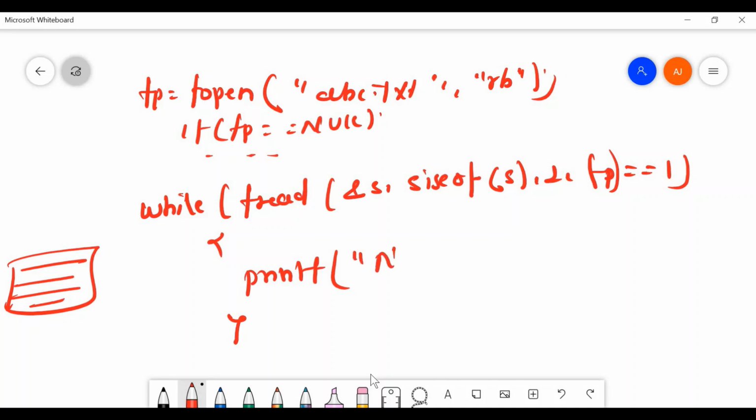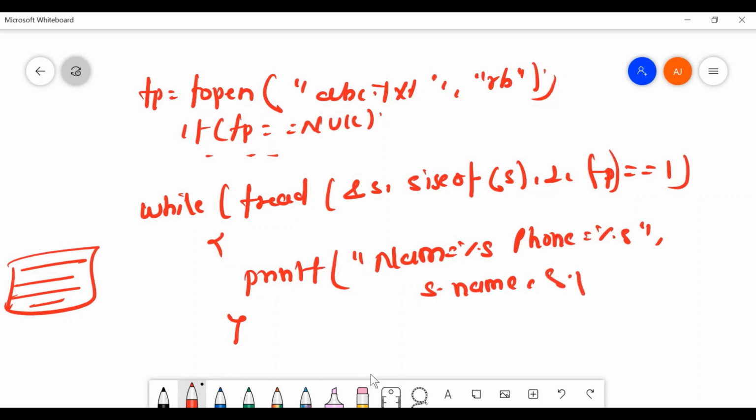So printf name equals to %s, phone equals to %s, s dot name, s dot phone. Okay, so in this way you can solve this program.